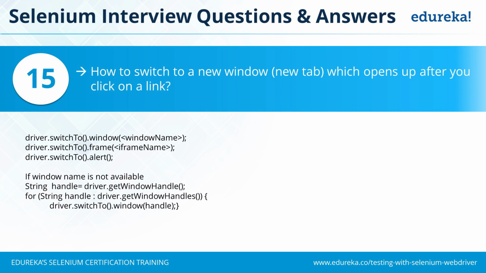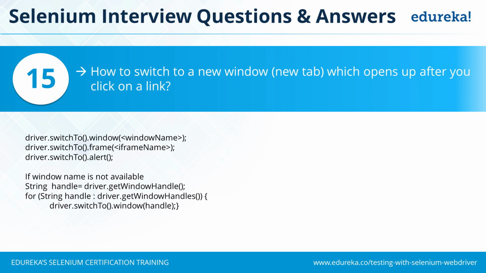And to do this, Selenium has provided an inbuilt method. So you can use the driver.switch_to.window. That is, if you want to switch to a new window using the window name. So I can pass the window name. Whatever the window name is, I can say, okay, driver.switch_to_window XYZ. And it would find the window name and just shift to that window.